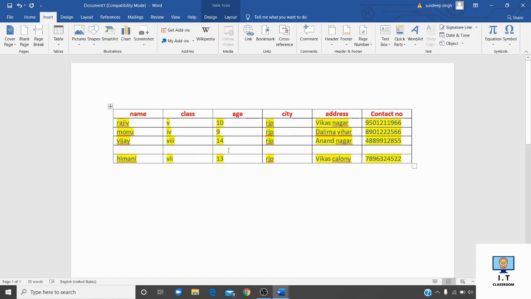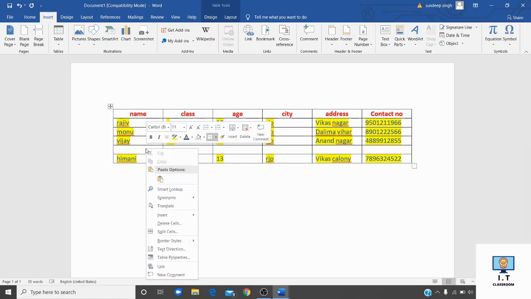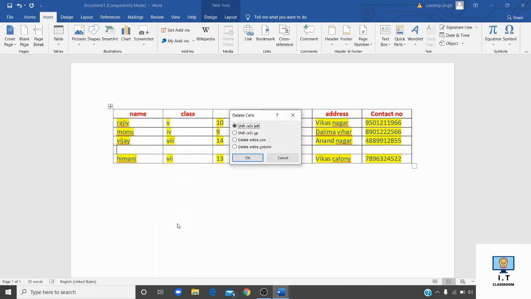But if by mistake you have inserted this row here and you want to delete it, again right click, then choose the delete cells option, and it will be displayed like this. Here is the delete cells dialog box. In this box, you are finding four options.